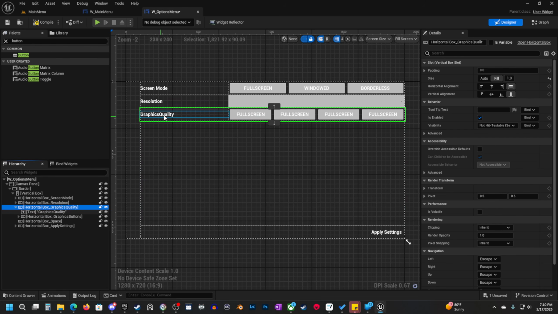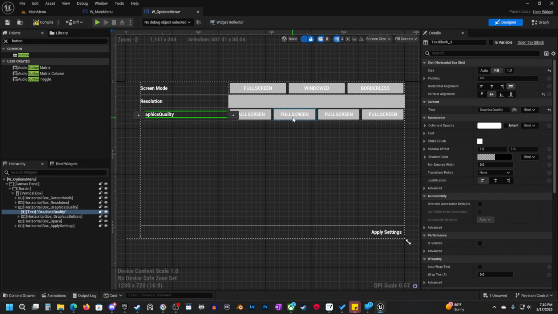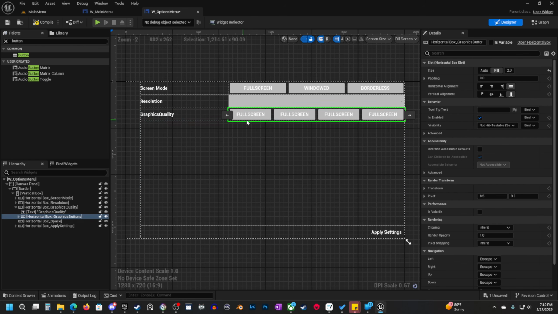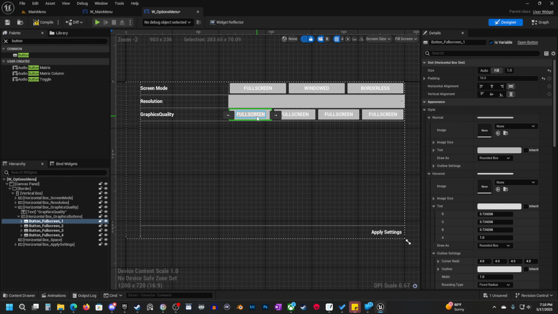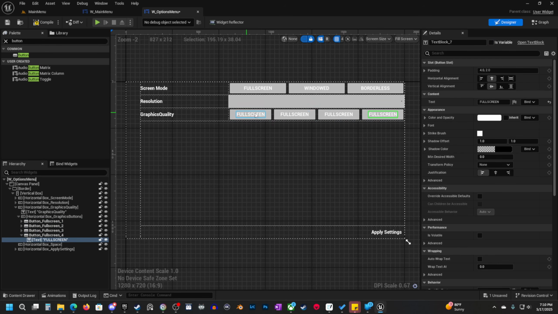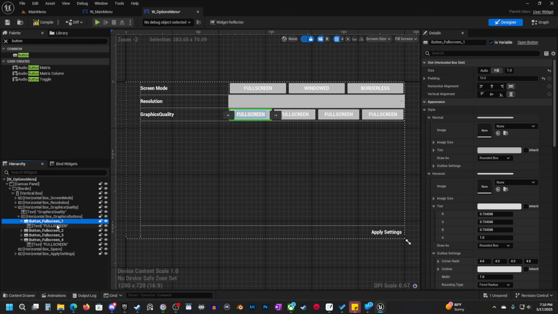And then our graphics quality, pretty much the same thing. Horizontal box, followed by text, followed by another horizontal box there. And then within that horizontal box, we have 4 buttons, and then those have text in each one of those that are going to say our graphic settings here, which we need to set that up right now. So let's go ahead and do that. So yeah, I hope all that makes sense. I know it's a lot,